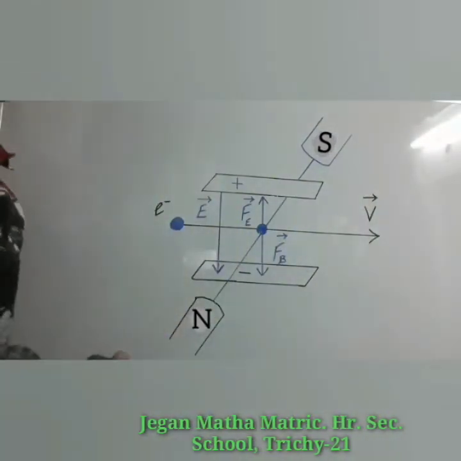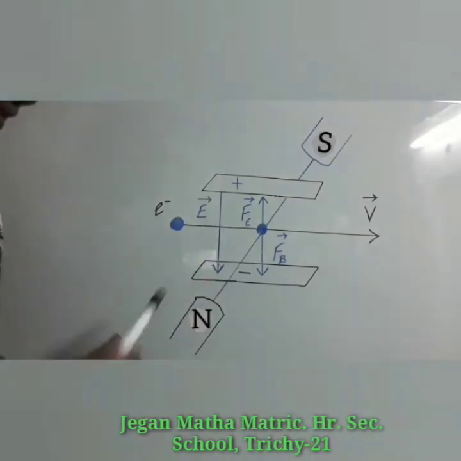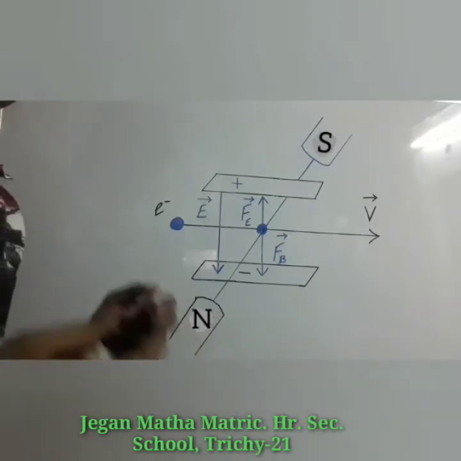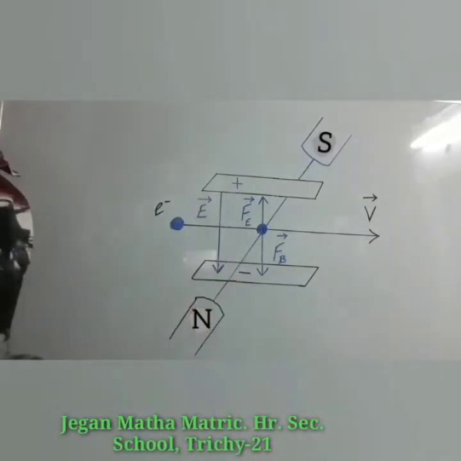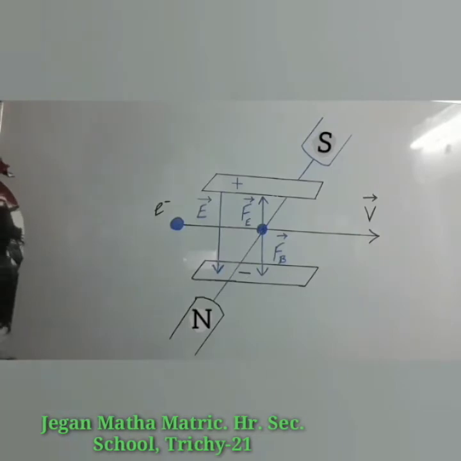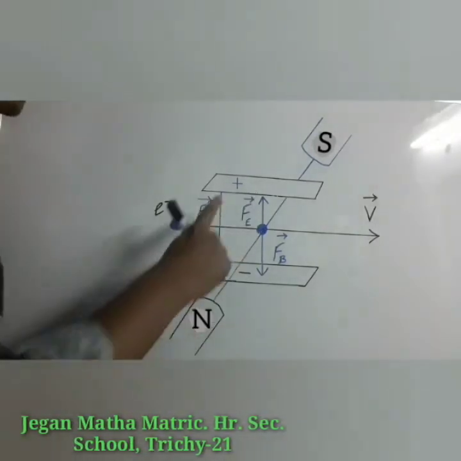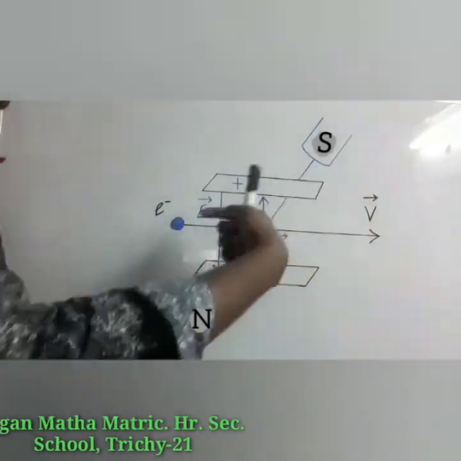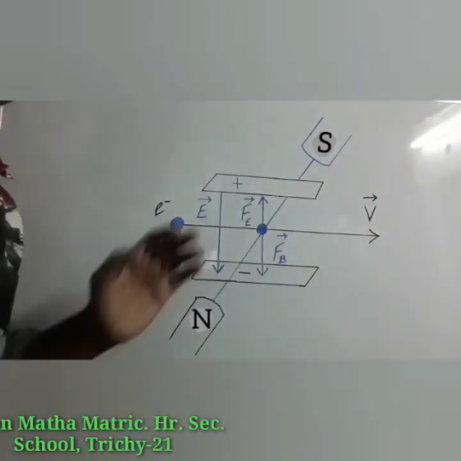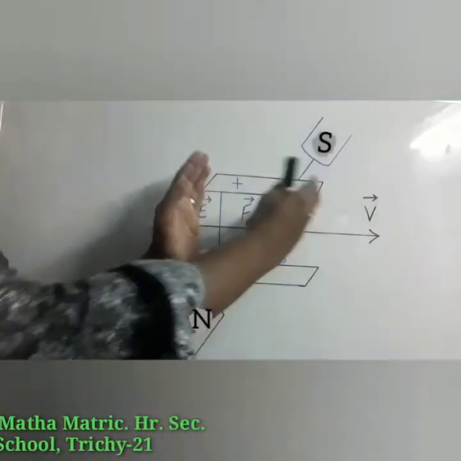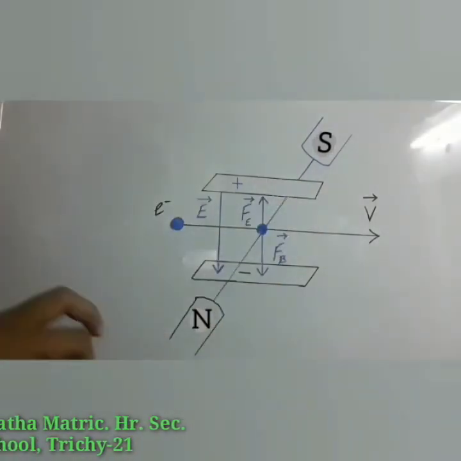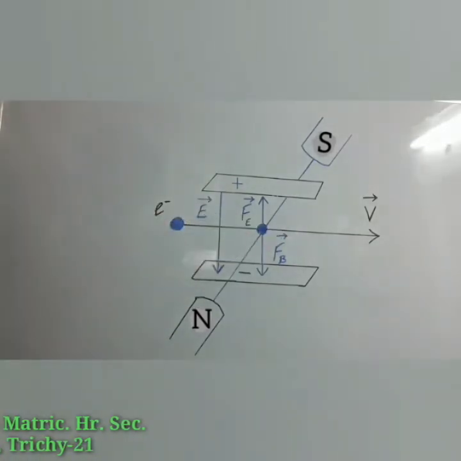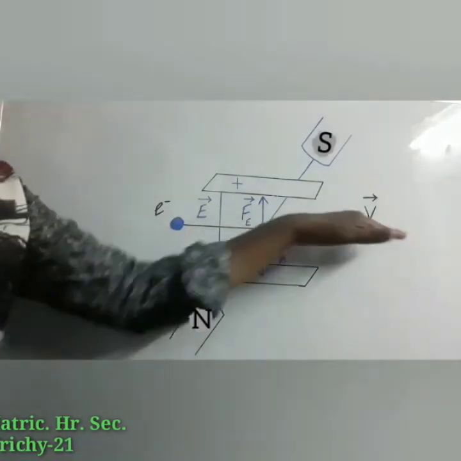Now we are applying the magnetic field. Then what will happen to the stream of electrons? The electrons will experience another force, which is given by the magnetic field, because there are 2 fields now. One is the electric field. Due to the electric field the beam is deviated; now another force, which is given by the magnetic field, is also included in this region. The magnetic field is adjusted such that the cathode rays, that means the stream of electrons, strike at the original position O.